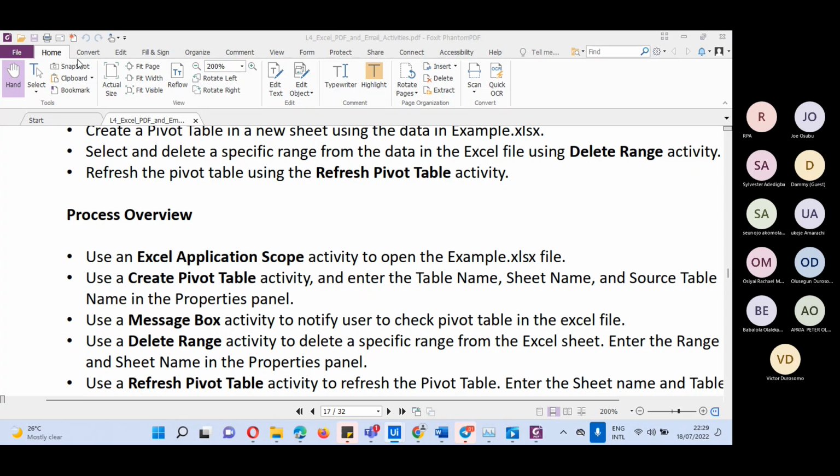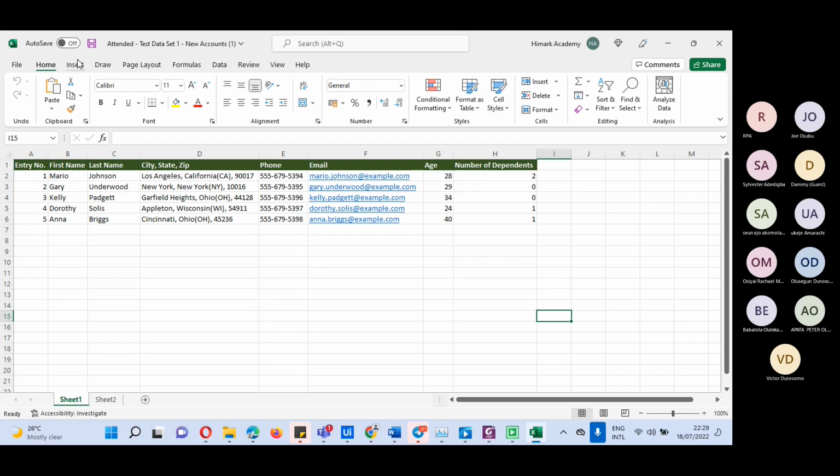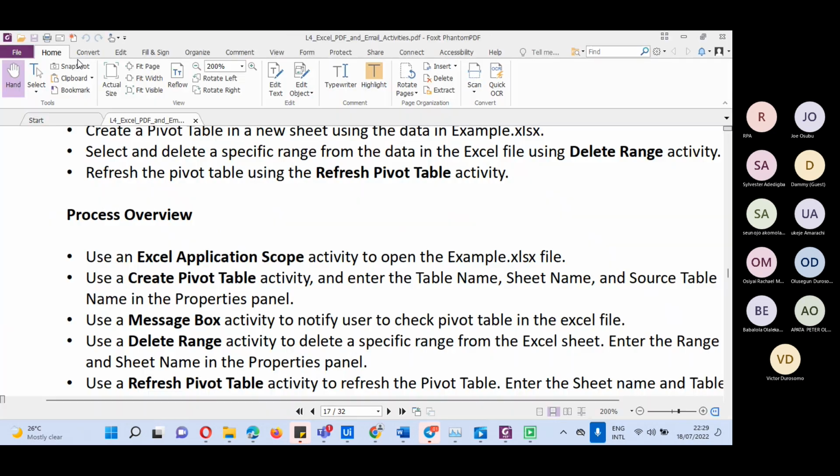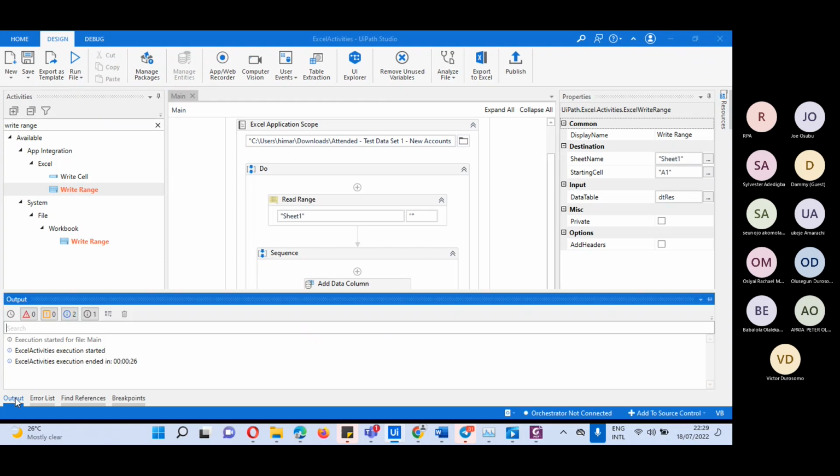This is 2229. Okay, so definitely we still have like two more classes for email, PDF, Excel. Okay, I think let me see. I think I used the Excel sheets. I was using the right range of workbook. Okay, so that